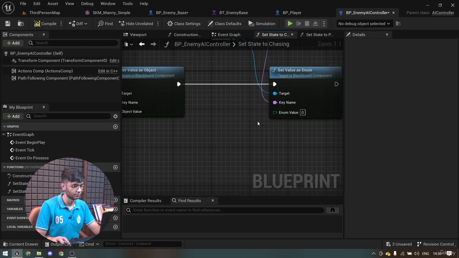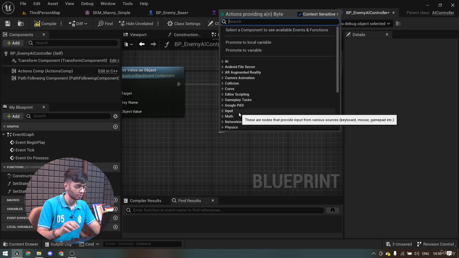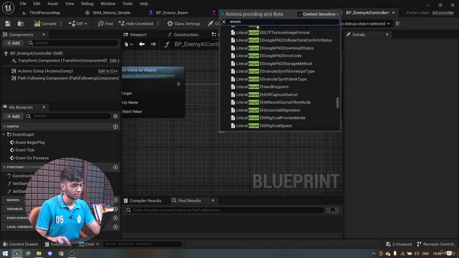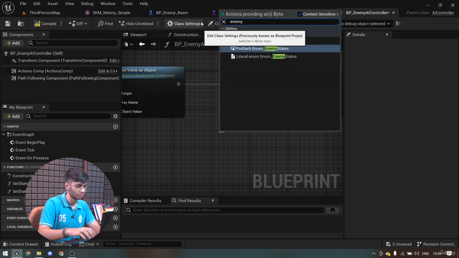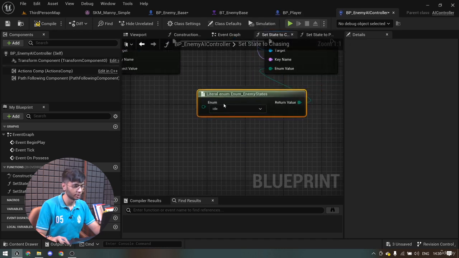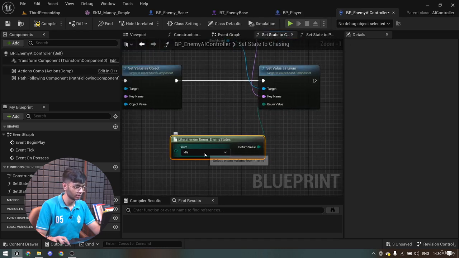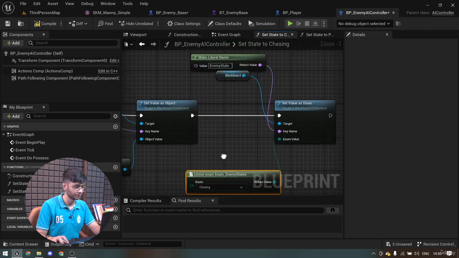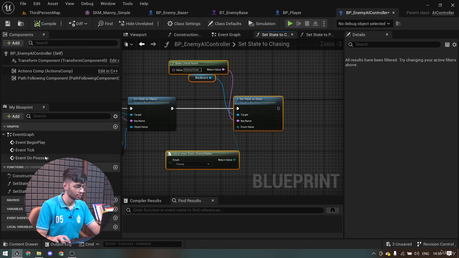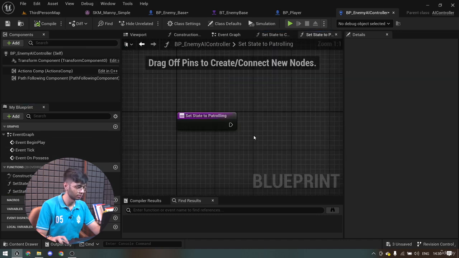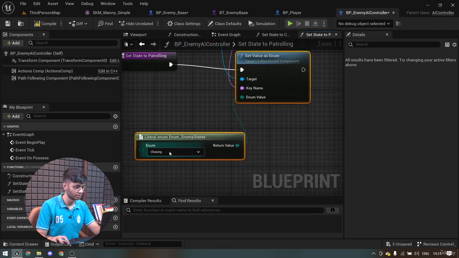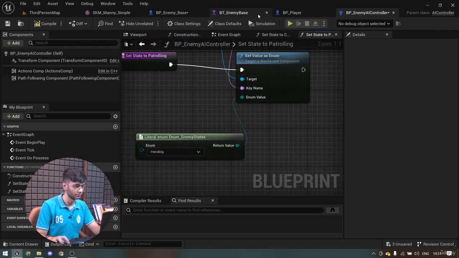So literal enum enemy state, yeah, this one, and I'm going to set it as chasing, and I will just copy this whole thing, and inside patrolling I will paste it here and set it as patrolling,